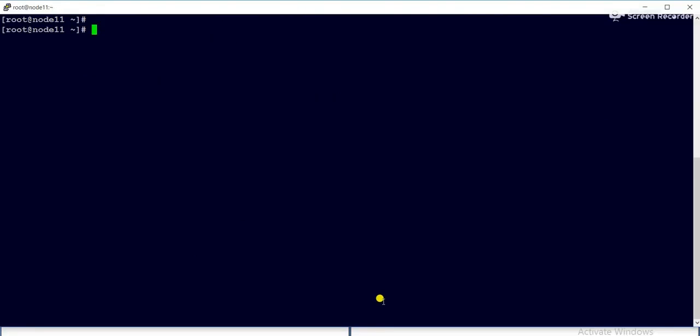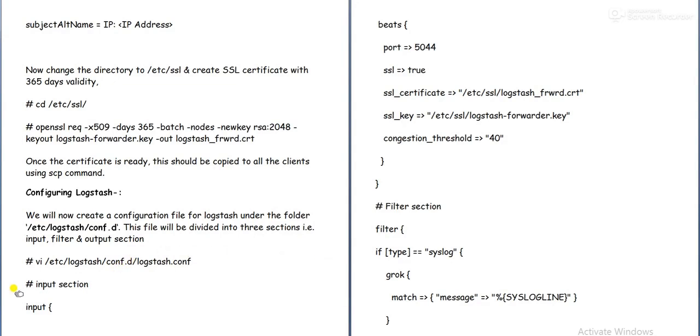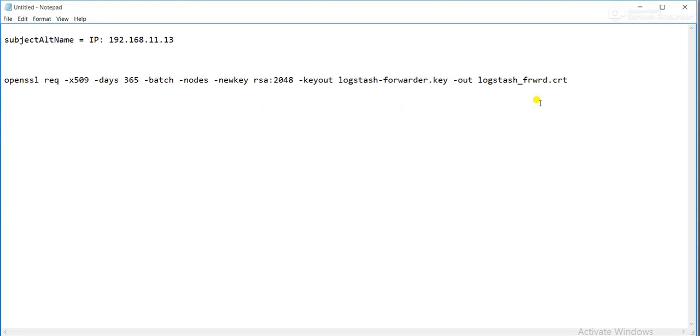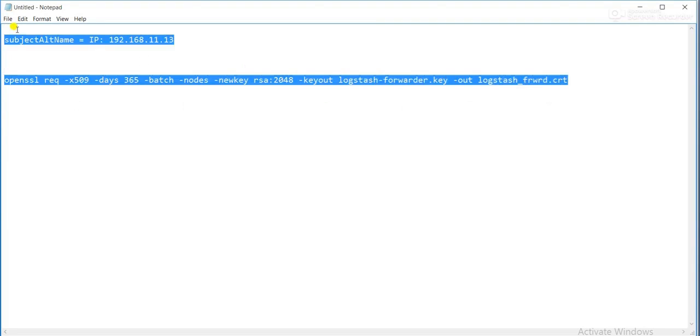So under conf.d we are creating logstash.conf. Insert. We'll copy all the content to my notepad so that it will be easy for me.